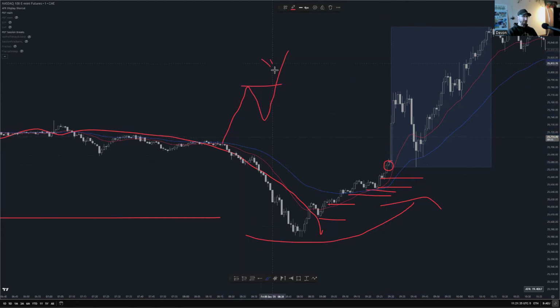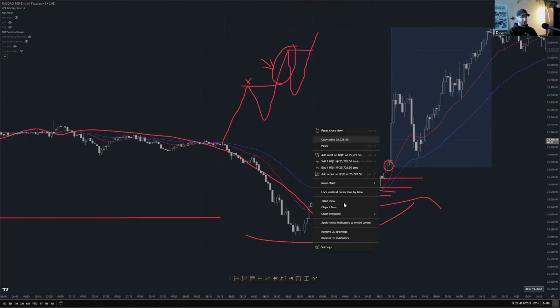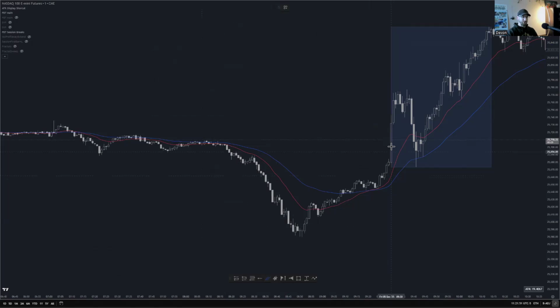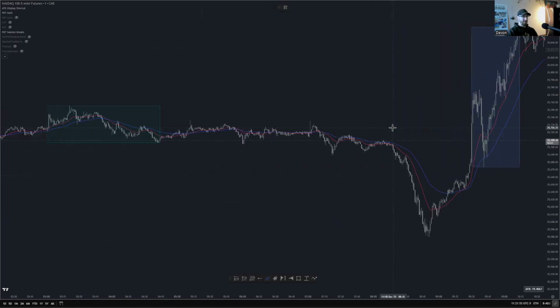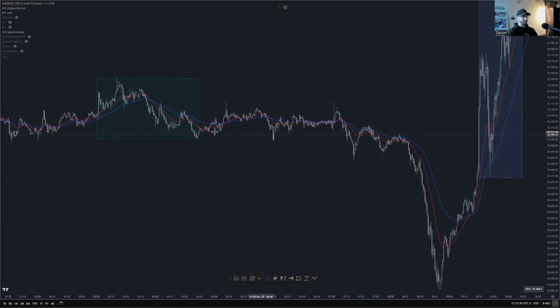Market structure. Once it takes out a previous high here, this is a better time to look for a counter trend trade. It's more risky, but it's still counter trend. Price pulls back. I'm expecting price to go like this and make a new high. So going into today, we push to the upside. I'm looking to the left for pivot points. And so we have London, we have a high here, we have a high here, price just drops.